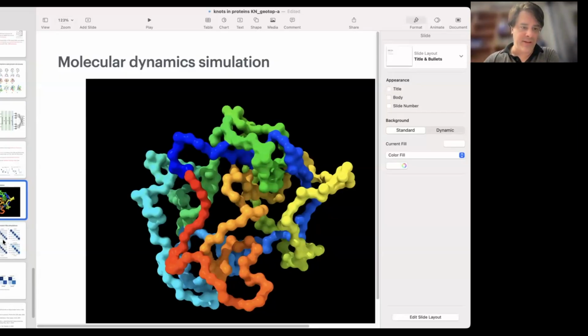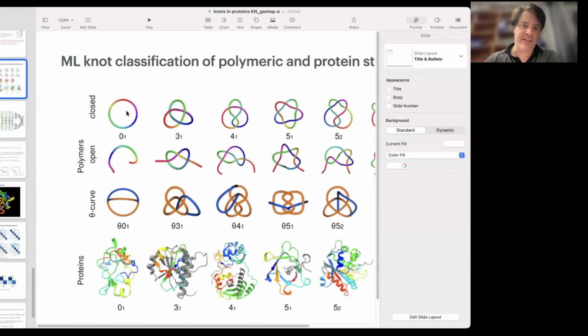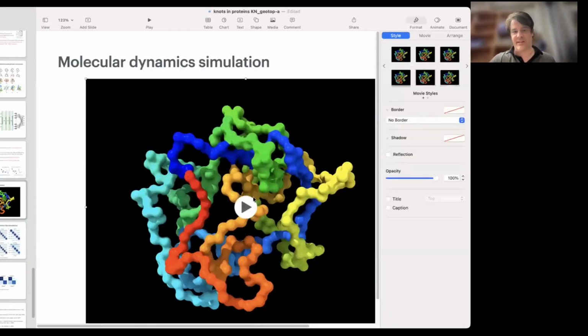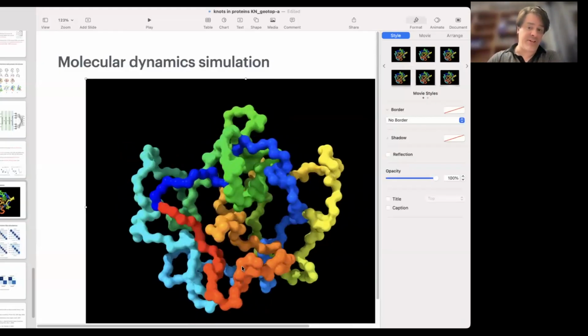And we did this with just knots. We did it with open knots. We did it with theta curves, and then we actually used protein data, those 3D protein data. Basically, you take a knot, let's say a trefoil with 100 atoms, you take a figure-8 knot, you take different classes, and you put them into molecular dynamics. That's actually this simulation, exactly this one. You try to get the whole configuration space. This changed